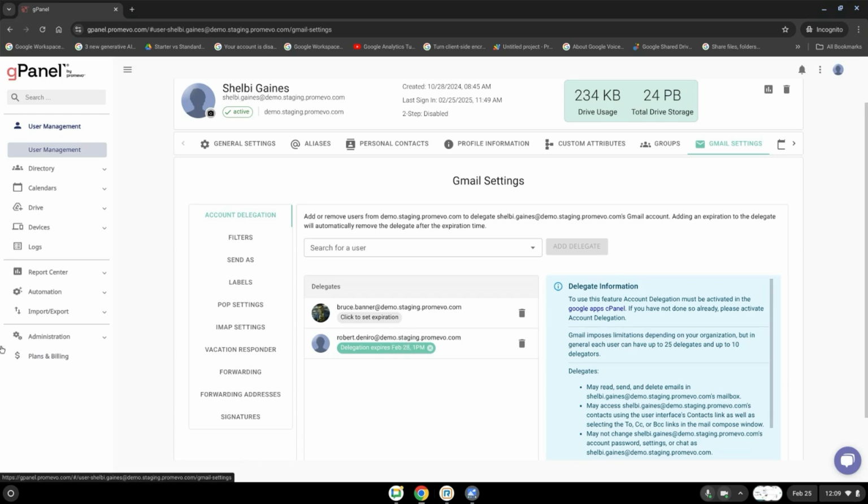As an administrator, you may need to delegate access to a user's email account for various legitimate reasons. When an employee is on vacation, sick leave, or even an extended leave, delegating their email account ensures that important emails are not missed and left unattended. A colleague or assistant can access the account to respond to urgent messages, handle time sensitive requests, and keep projects